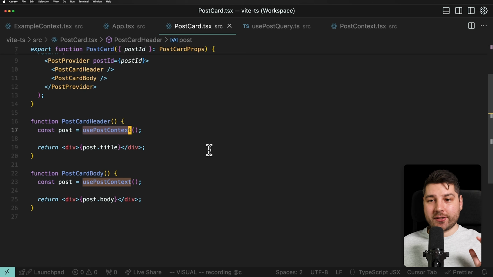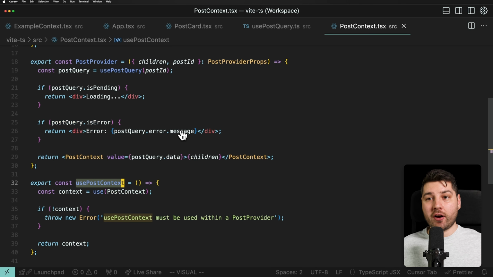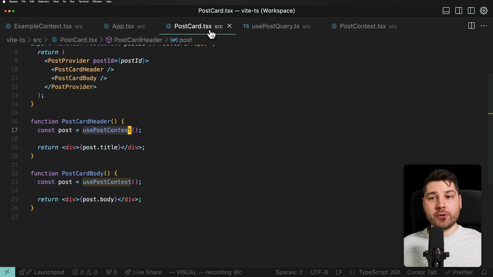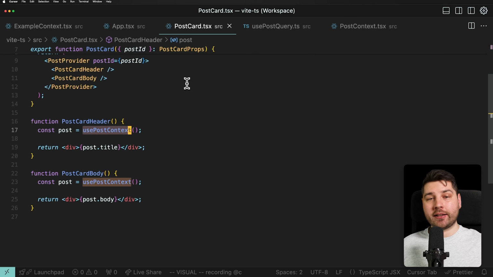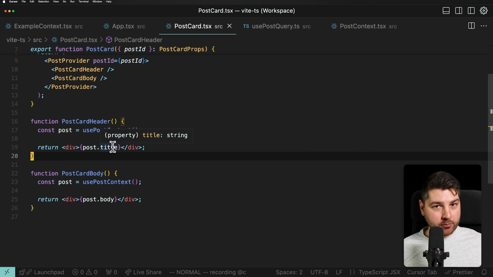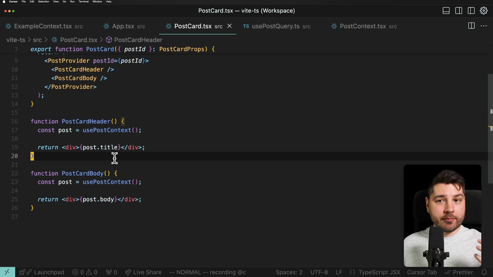This simplifies things so much because now we're directly accessing that one single instance of the post that has already been fetched and stored in the context, and then we're just using it directly. We no longer have to check the React query cache. We no longer have to deal with the undefined first initial render. We no longer have to deal with knowing or expecting things to be outside of this component. We just call one hook, we get the data, and we access it directly without any other problems, right? And this solves every single problem that we had before,